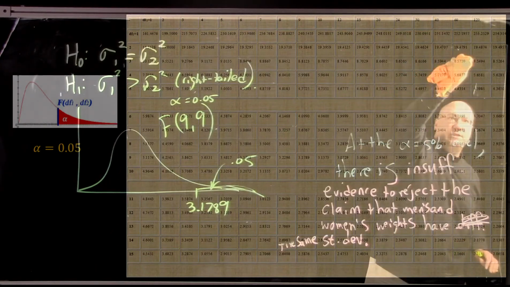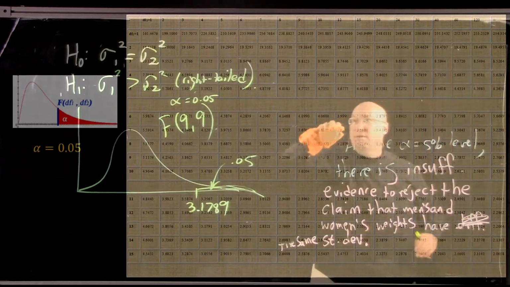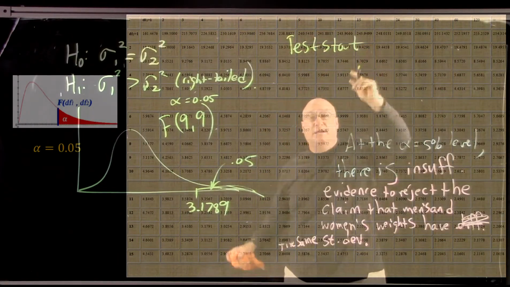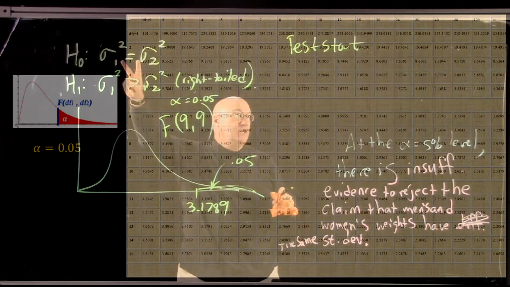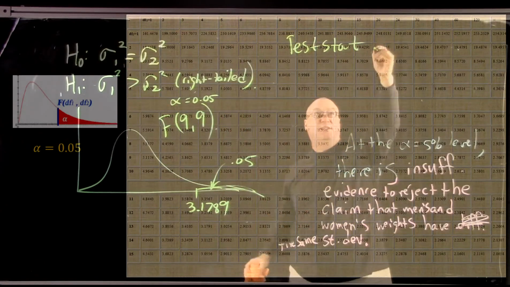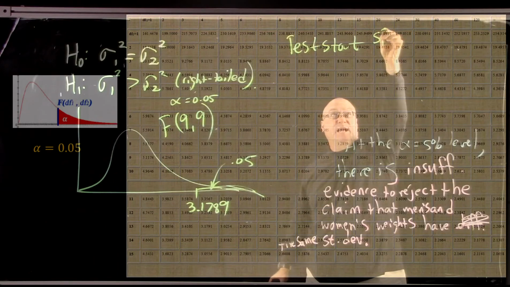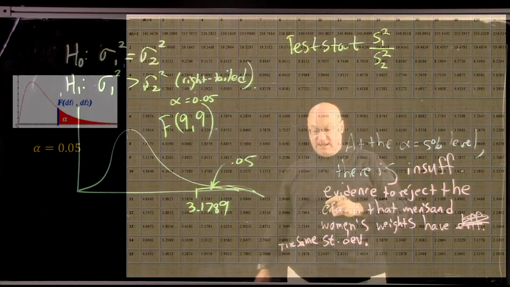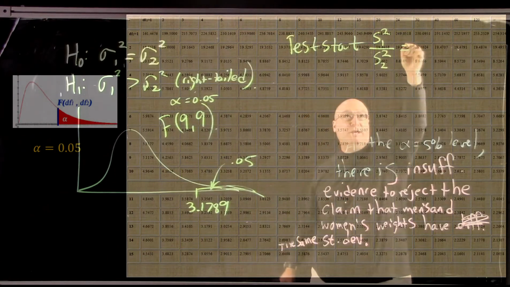Doesn't matter. The test statistic is the same. So the test statistic, always when we are testing equality of variances or standard deviations, is the sample standard deviation that is larger divided by the sample standard deviation that is smaller, and we get